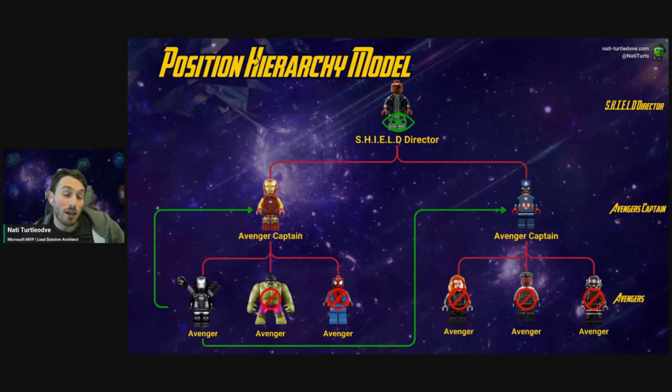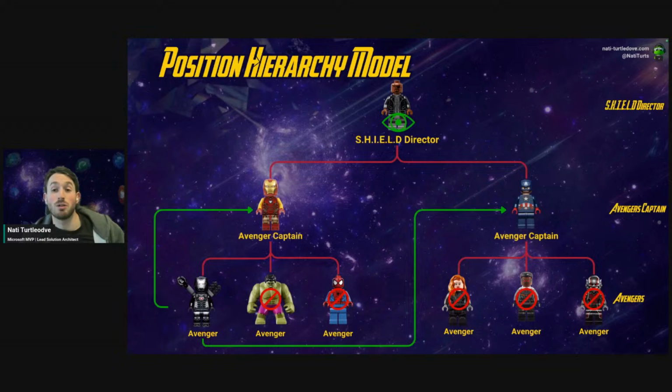And ironically, that position reports to the Avengers captain position, which is what Captain America and Iron Man hold. So if War Machine were to create a record that he then owns, because we've enabled the position hierarchy model with an access depth level of 2, the positions directly above War Machine, being our Avengers captain position, would be able to interact with that record. So we can see now both Captain America and Iron Man can edit the record, they can view it, they can interact with it, share it, etc.